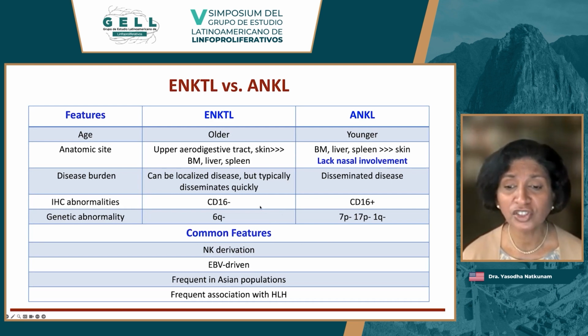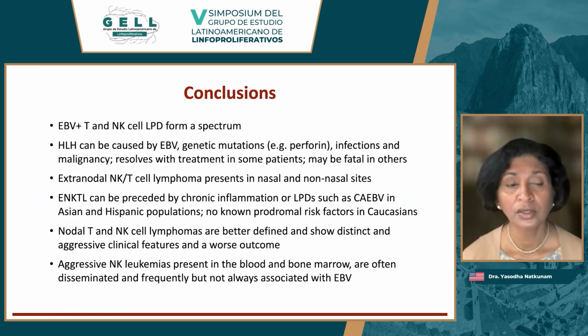The common features between the two are that they can be NK-derived. They are certainly EBV positive, although some cases of aggressive NK leukemias can be negative, and they're frequent in Asian and often Hispanic populations. And also there is frequent association with hemophagocytic lymphohistiocytosis. So to conclude,